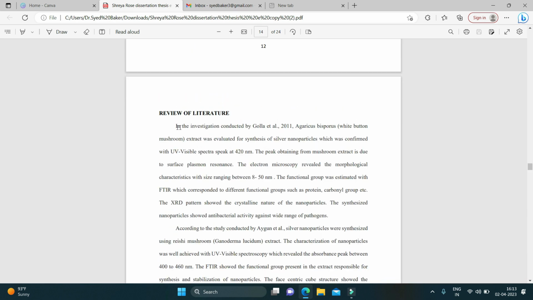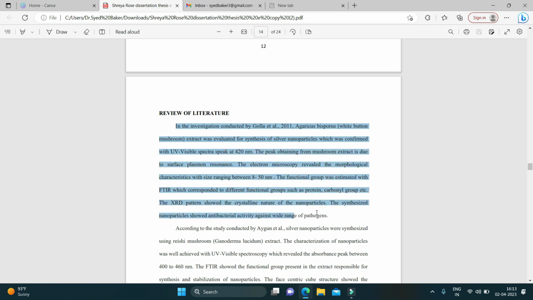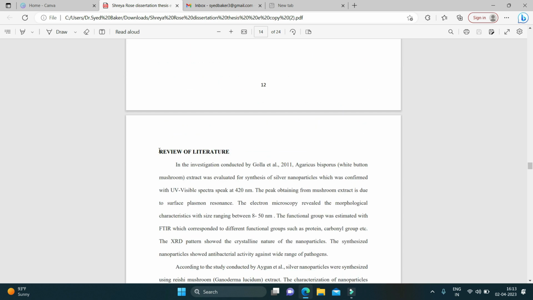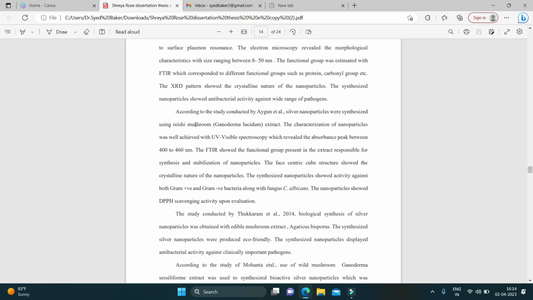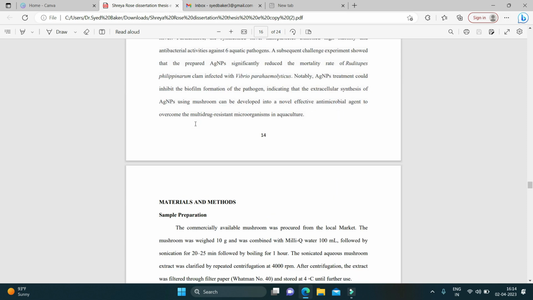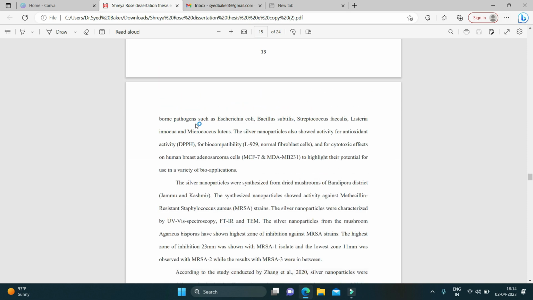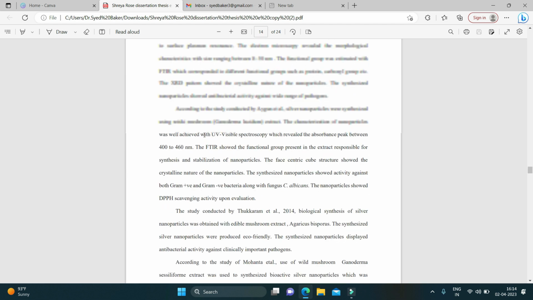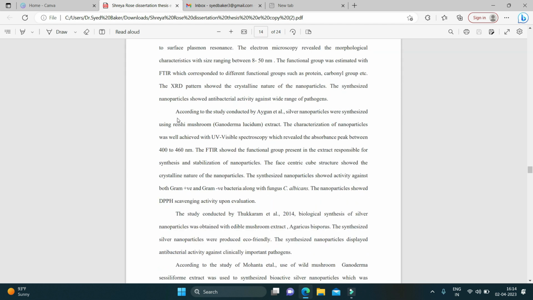Then comes a review of literature. In this review of literature, here you need to write the current research article or the previously reported research article which is purely pertaining to your topic. Here no need of adding any introduction. You need to have at least a minimum of 10 articles in the review of literature, where here you can see